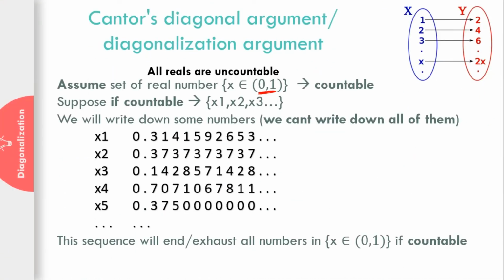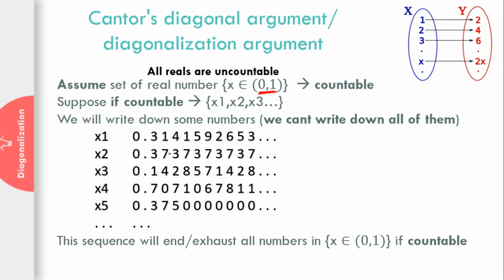In that, what we are doing is taking, for real numbers, some small subset, and from that subset we prove that the set of real numbers is uncountable. For the time being, we are taking only the real numbers lying between 0 and 1. We are assuming that this set is countable. If the set is countable, then we can write the first element, second element, third element of our set, and so on.